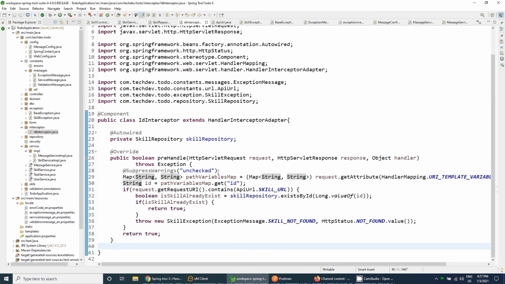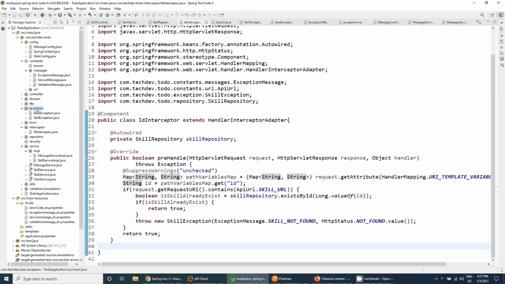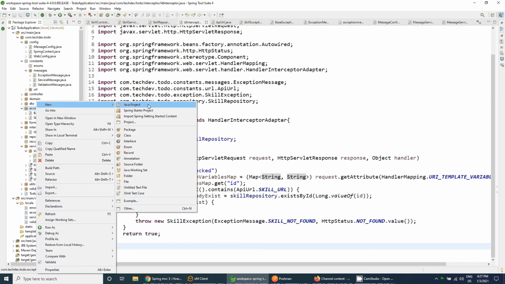Okay, so almost each and everything is done, guys. We are just left with the global exception handler. I will show you how you can use the global exception handler to handle your own custom exception, and in that you do not even have to change the response structure. The response structure will be the same as you are returning for the other APIs.